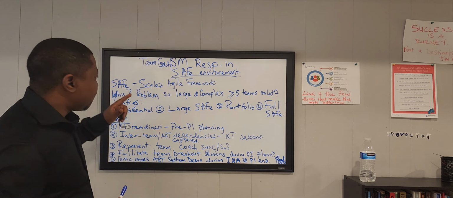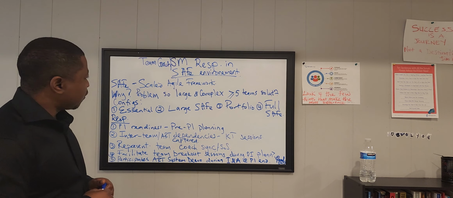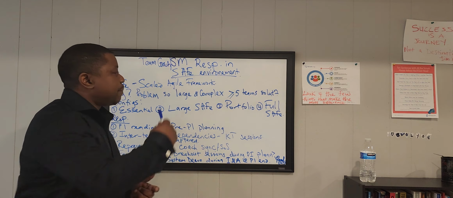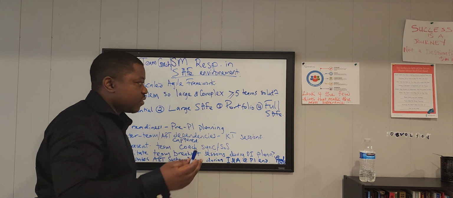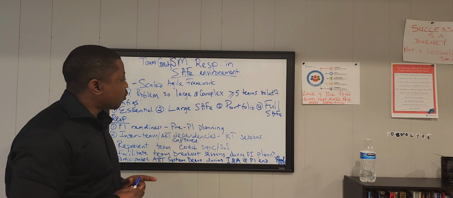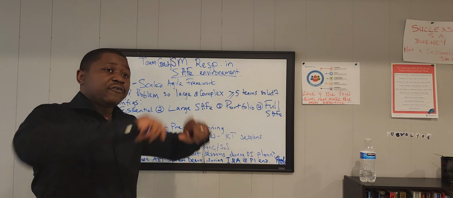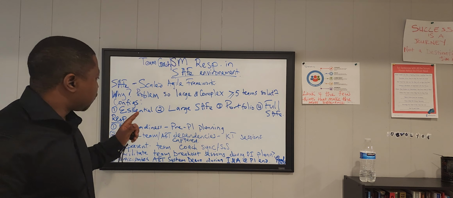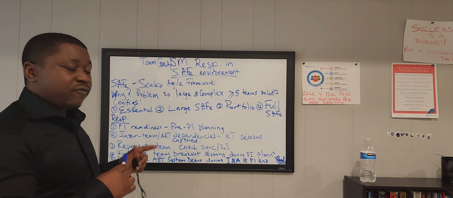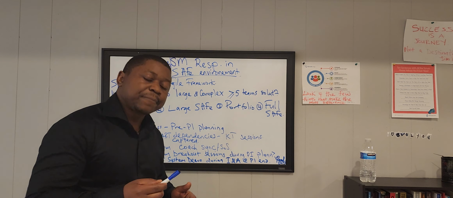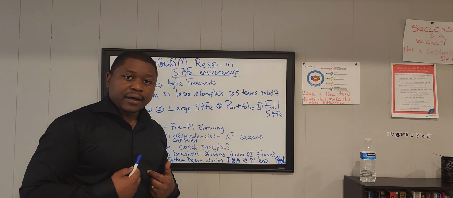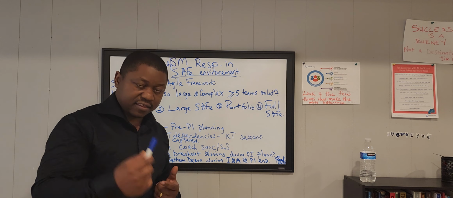So SAFe actually has 4 configurations to guide the solutioning of that large complex problem by maybe about 5 to 12 teams. So we have the Essential SAFe configuration, the Large Solution SAFe configuration, the Portfolio SAFe configuration, and the Full SAFe configuration. We're going to go into details on each of these configurations in another video. This video is focused on the responsibilities of a Scrum Master or a team coach in this environment. So I'm going to speak from my personal experience when I used to work in a SAFe environment.